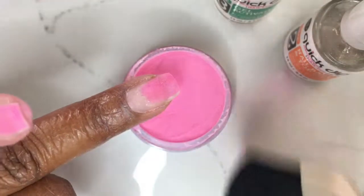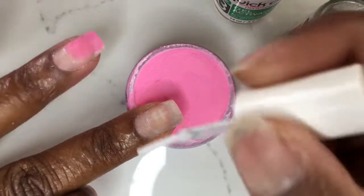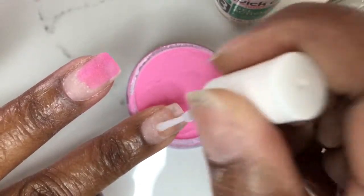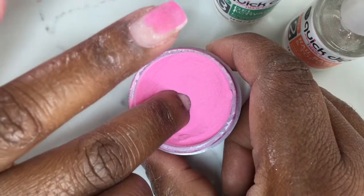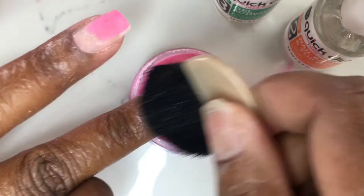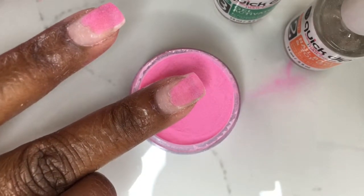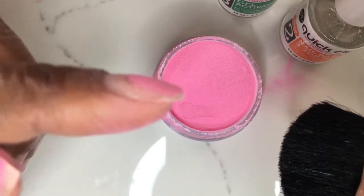Additionally, you'll notice I don't put the product, the base coat, on the sides, and I'm not taking it all the way back. I'm really applying a very thin layer. And I do this 2 times on both hands just so that I can have, again, the strength and the height that I'm looking for. So I will continue to strengthen and build up the apex area,